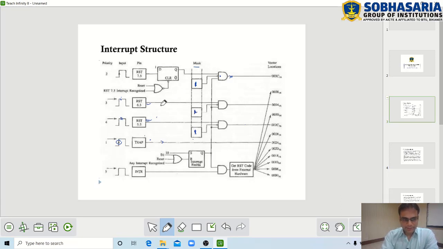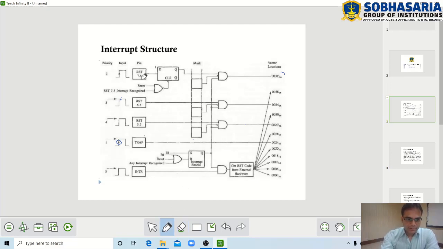So the interrupt can be received, but it cannot be sensed by the CPU because this mask bit is set to 1. Because of this mask bit, the interrupt is not going to switch to this vector location and not going to execute the ISR. So the interrupt process is not going to be executed for these corresponding interrupts, these 3 interrupts, right? So this is how this masking bit is going to work here. Okay,